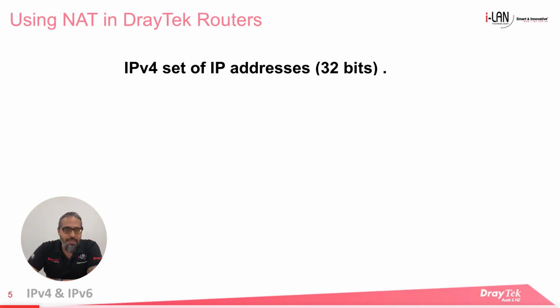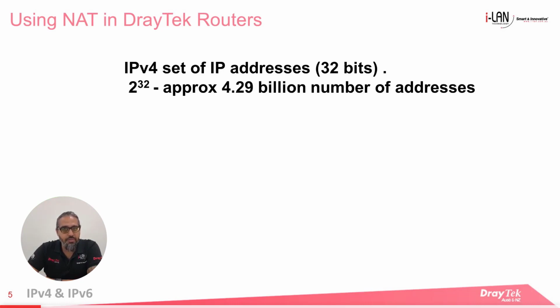IP version 4 or IPv4 addresses have 32 bits, which gives us 2 to the power 32 IP addresses, which is approximately 4.29 billion combinations. And unfortunately, we've already run out of the numbers. We've been hitting the ceiling since 2011 for the Asia and Pacific region, 2017 for Africa, and about 2019 for Europe and the Middle East. A large part of the problem is that the number of IoT devices has been increasing exponentially as more devices like smart TVs become more and more popular.